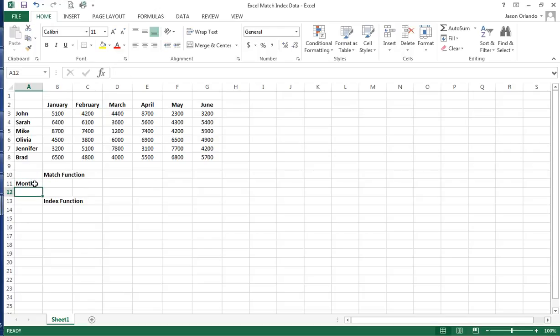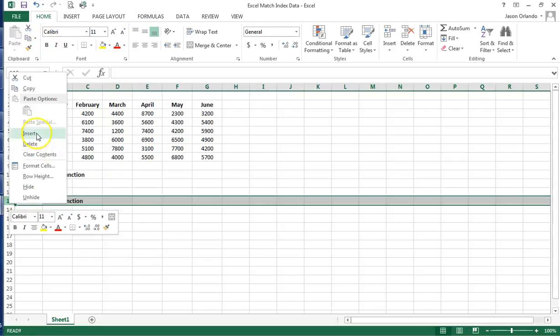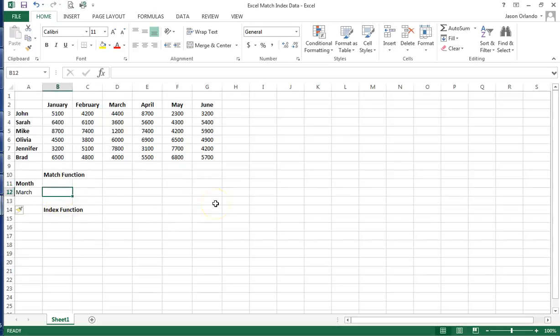I'm going to add a little header there of what I'm looking for, and I'm going to put in March, and then we'll write our formula right here. I'm going to unbold that. Insert a new row here. Okay, so March, I'm going to say equal match. And the syntax here for the match formula is that we need a lookup value. What value are we going to look up? I'm going to look up whatever is in this cell, so we'll be able to change it from March to April or May, whatever, if we want. So we're going to look up that value,